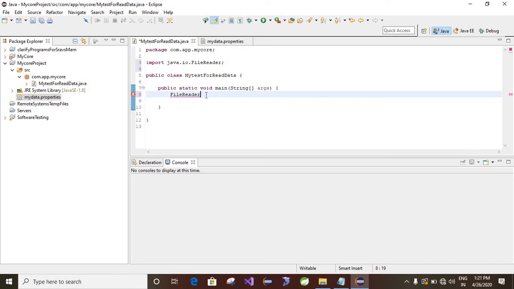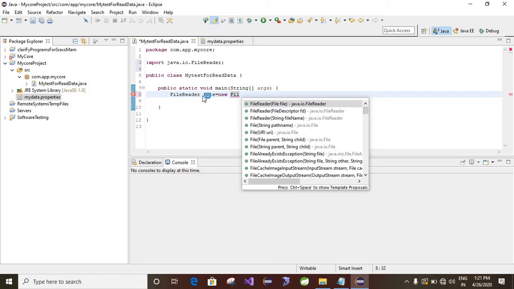FileReader, file equal to new FileReader. See, it is showing solutions, so you can select directly.